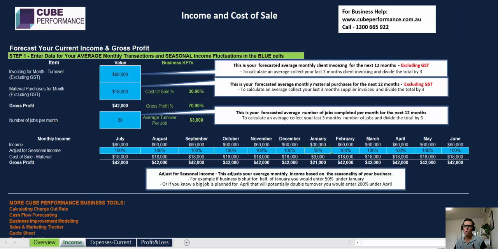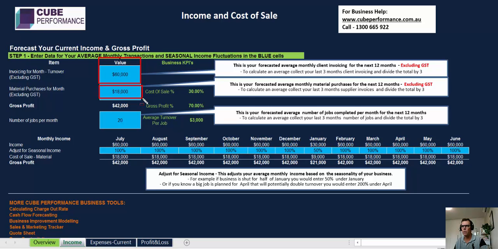Okay, so what we want to start with is pretty simple. On a monthly basis, what is my average turnover? Now, all this is excluding GST. So what do you plan on the amount of work that you're going to be invoicing over the next 12 months? Then the associated expense, materials, subcontractors, that's going to be associated or required for you to invest in